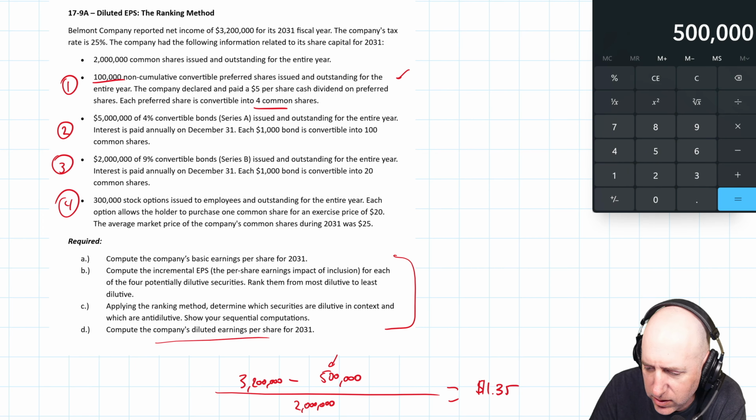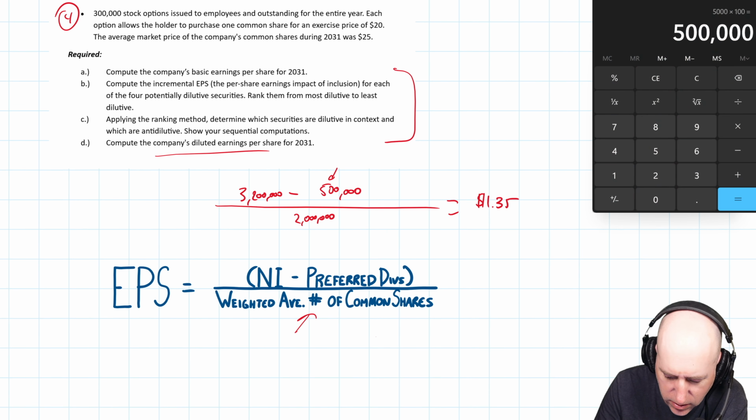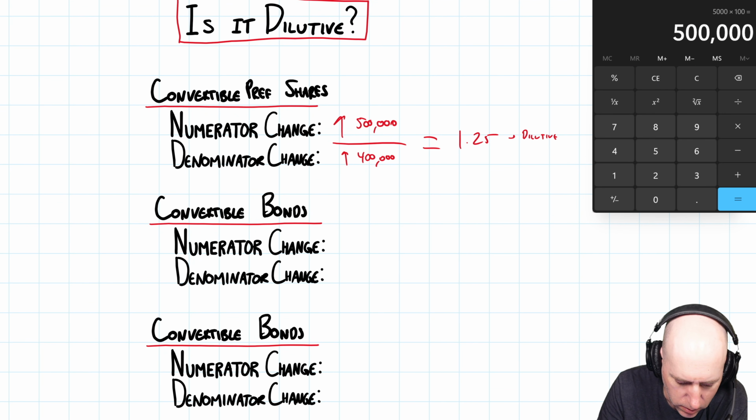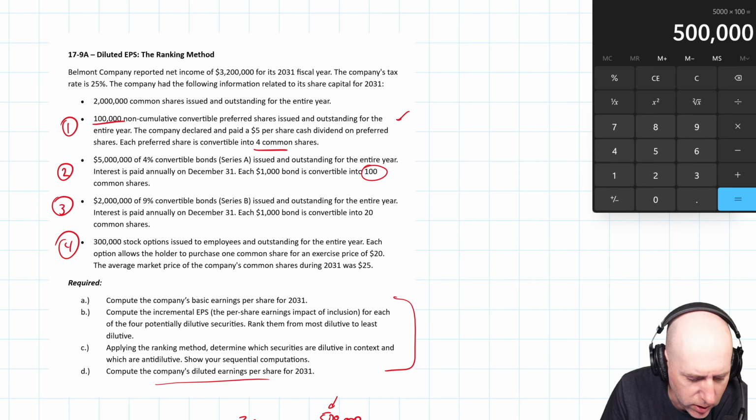Okay, so $5 million worth of bonds. They're $1,000 each, so that's 5,000 bonds. Each bond changes into 100 shares, so that's 500,000 new shares potentially. So our denominator change, if we were to convert all of those bonds, would be 500,000 new shares. Our numerator change, if they all converted, we'd have